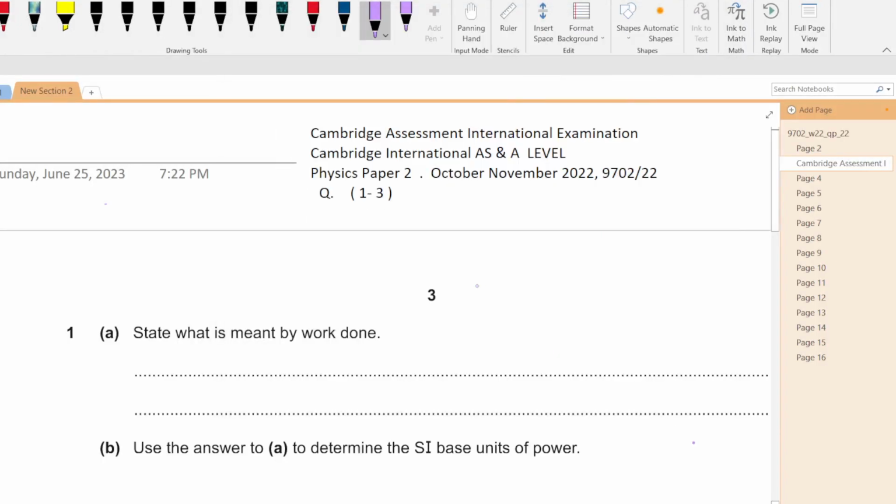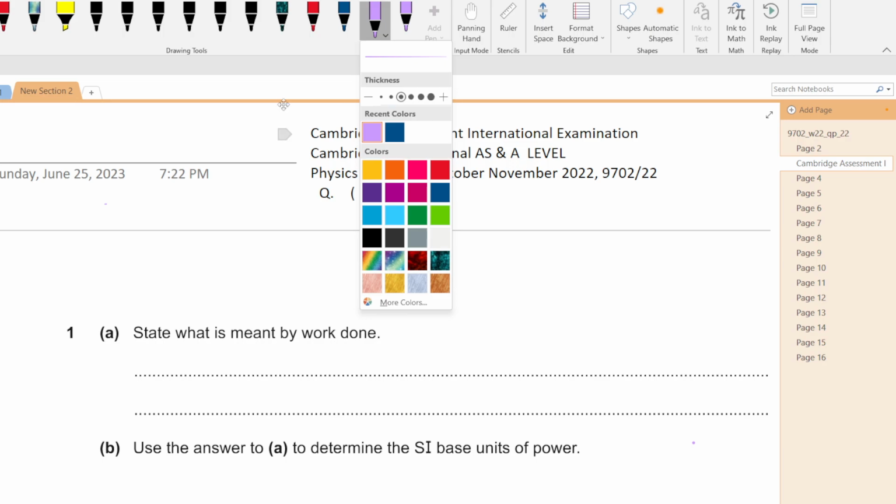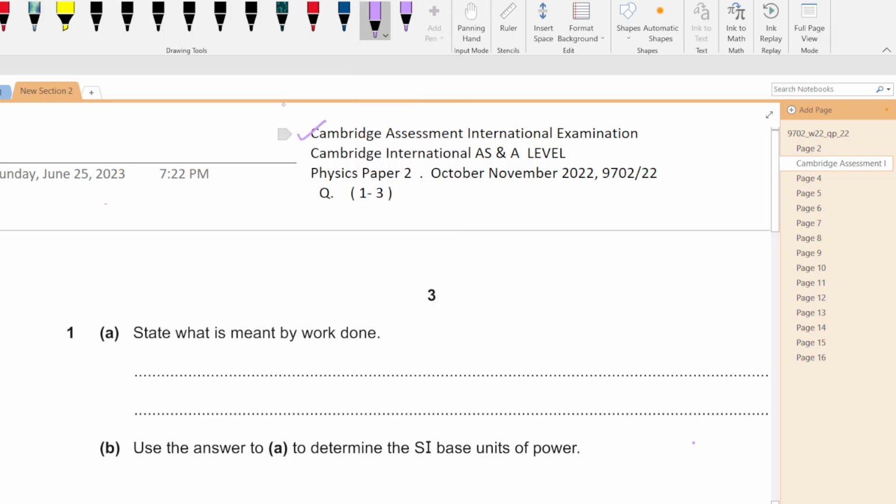Today, I am solving Cambridge A-Level Physics Paper 2, October-November 2022, variant 22, and it is from this examining body. At first, question 1,